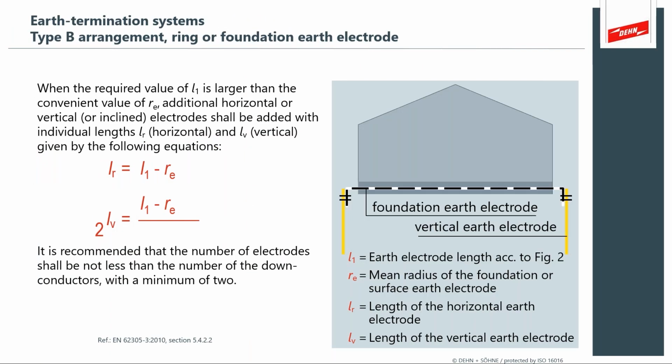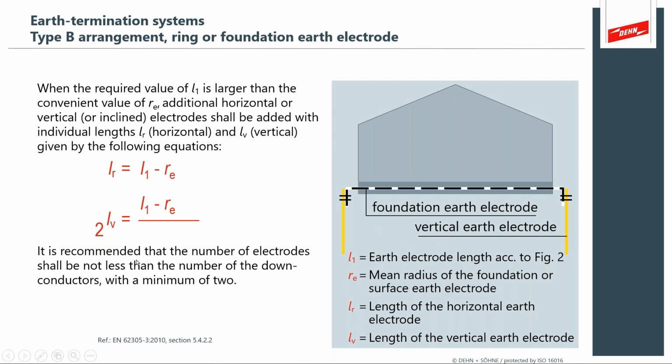Type B earthing arrangement, and this is the ring or foundation earth electrode. This is also very similar to what you see at large facilities where they have a buried mesh around the whole plant. We do a lot of work with customers that have multiply connected buildings, and so you'll see what looks like multiple ring arrangements that are all interconnected. There's some combination of the ring, vertical earth rods, and what's nice about a slide like this is that it tells you that